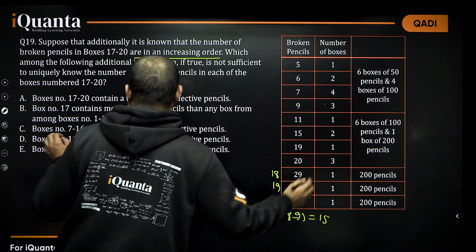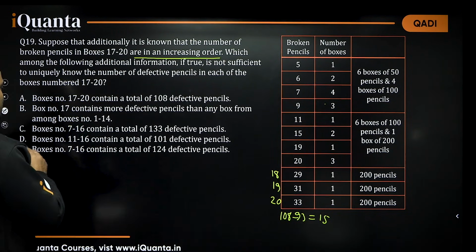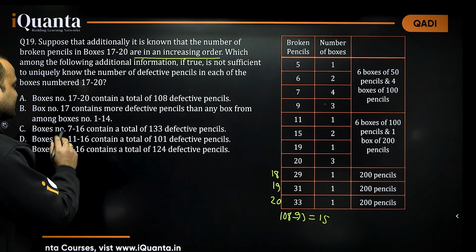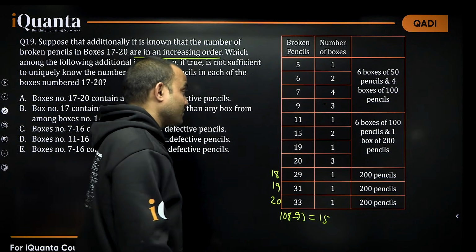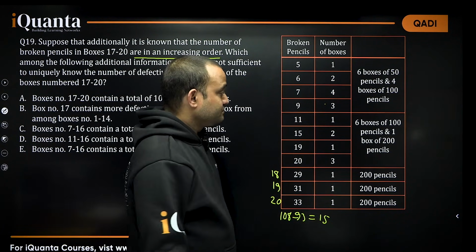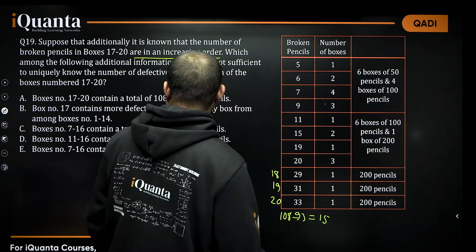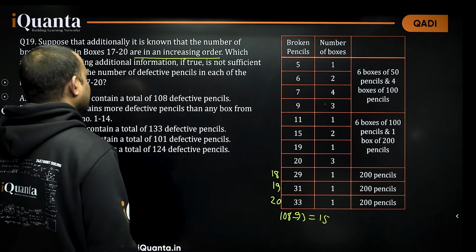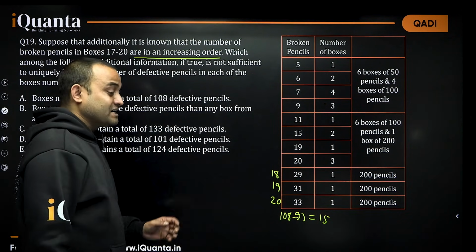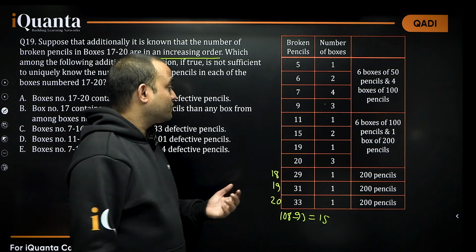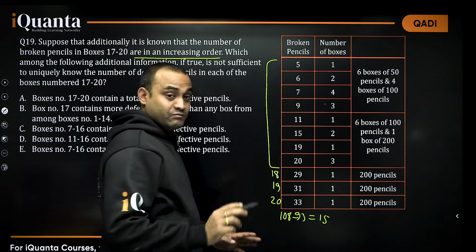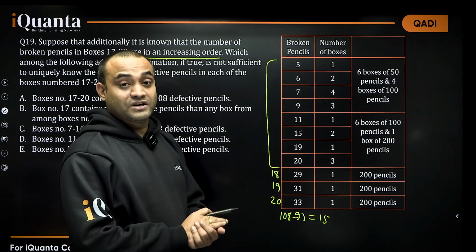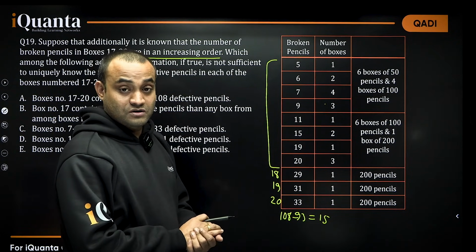Now next one, which says box number 7 to 16 contain a total of 133 defective pencils. Okay, 7 to 16 contains a total of 133 defective pencils. So we need to take 10 numbers, right? Out of these we need to take 10 numbers which are added up to 133. So it's a tedious work, lots of cases,